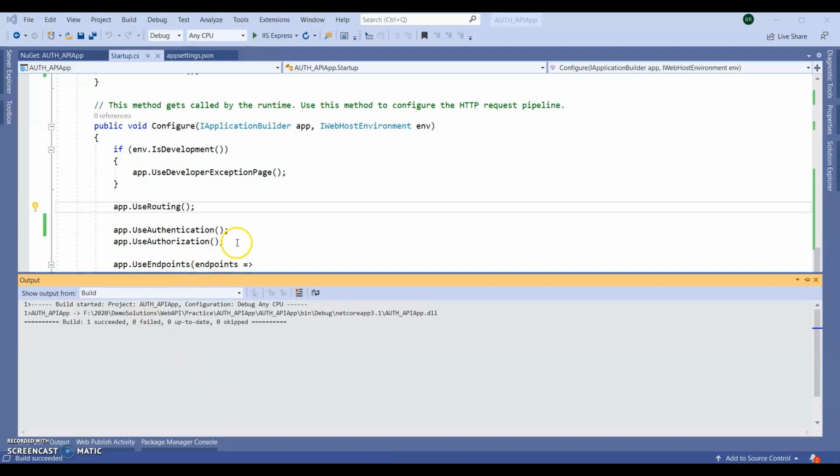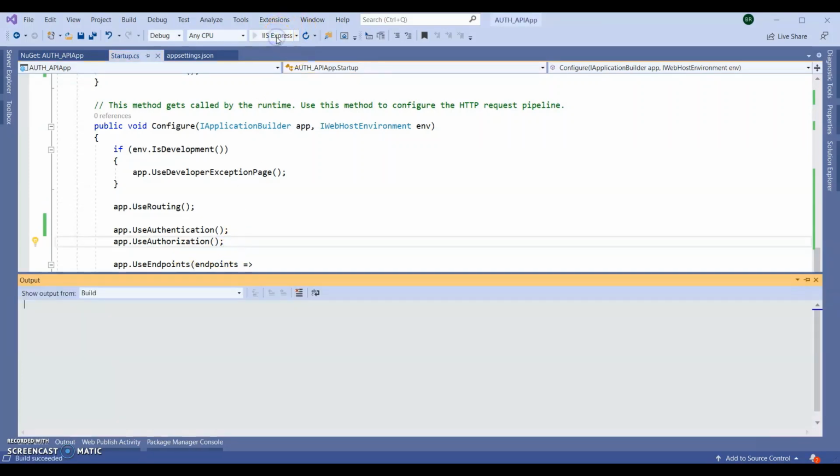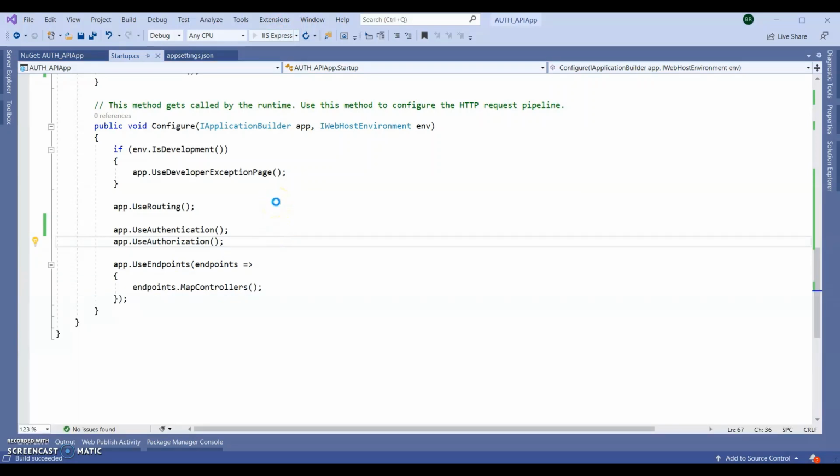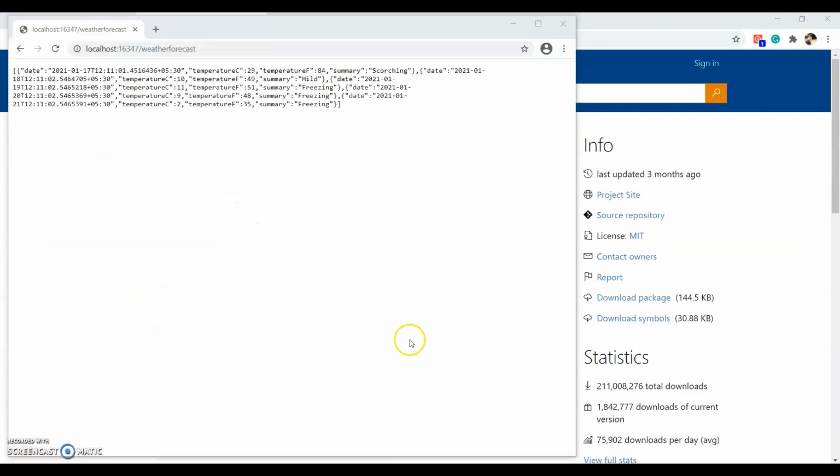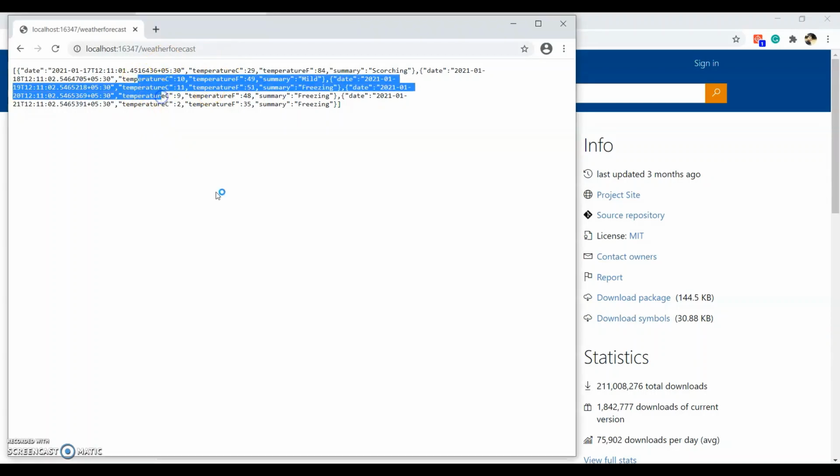So we got our build succeeded. Run the application and see whether our default weather forecast controller is being called or not. So our web API ran and we are getting this data.